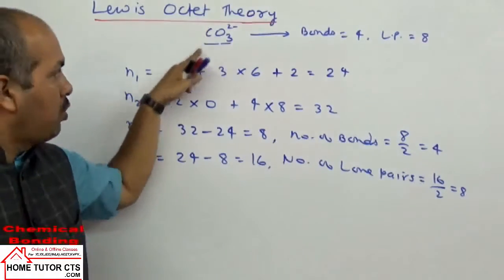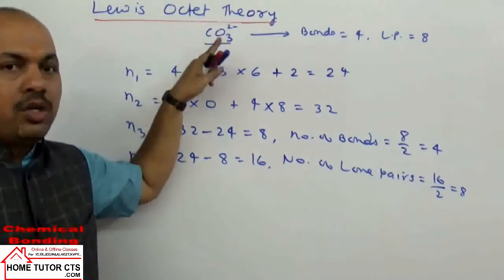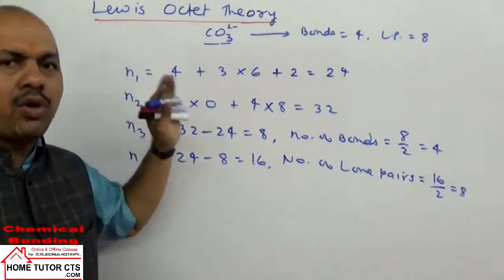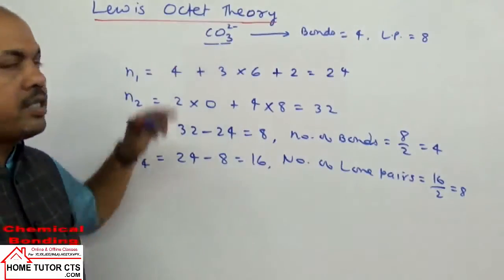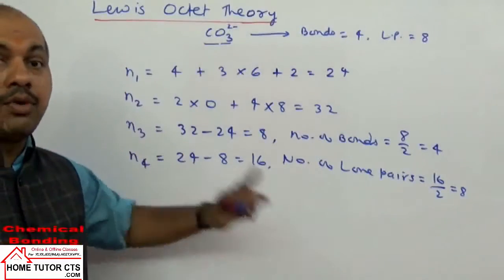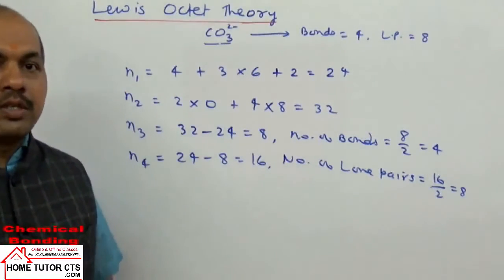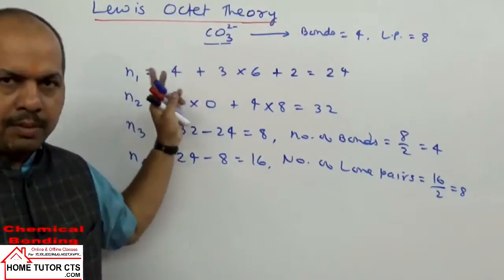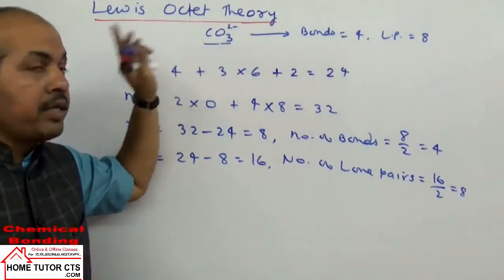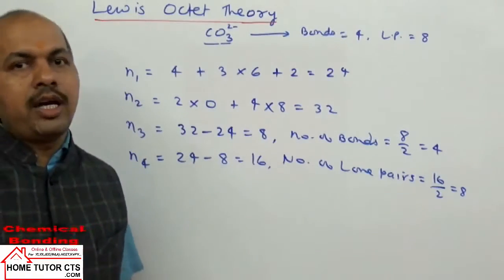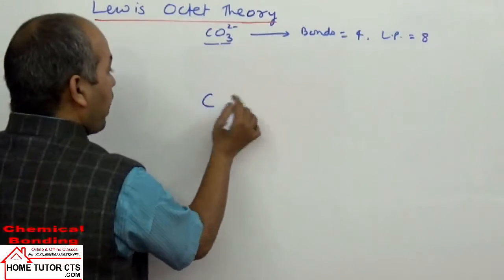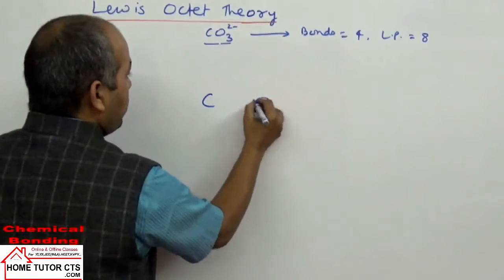Atom taken as central atom. Around carbon we arrange 3 oxygen atoms. So carbon is less in number, or we can also take another point. Carbon is less electronegative than oxygen. Or we can take that carbon can form more bonds than oxygen. So different concepts give the same result: in the carbonate ion, the carbon atom is to be taken as the central atom. Now when we take carbon as the central atom, around carbon we place 3 oxygen atoms.